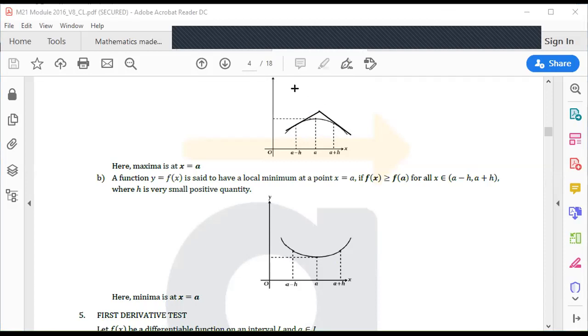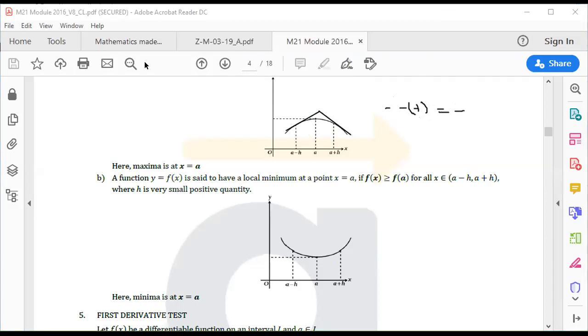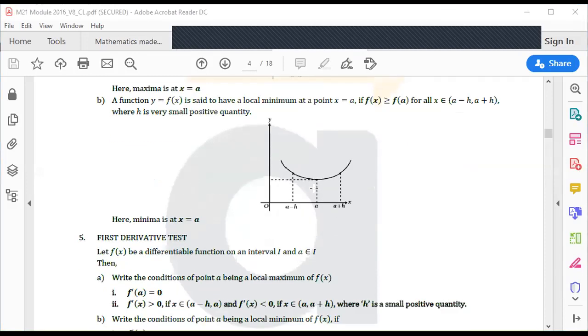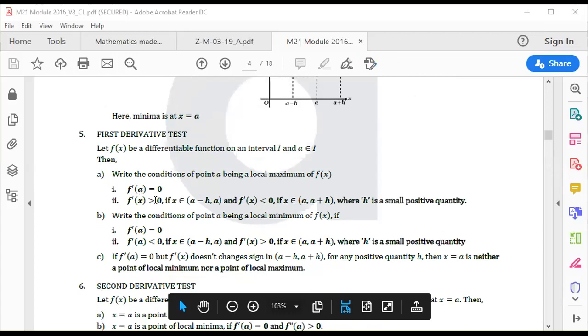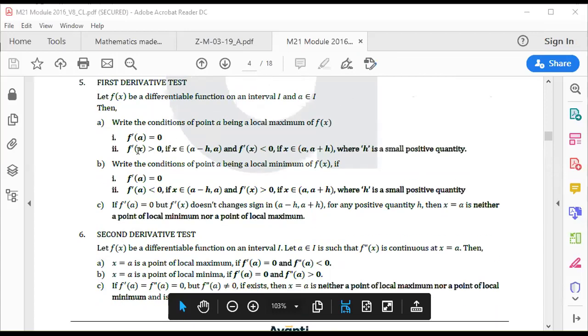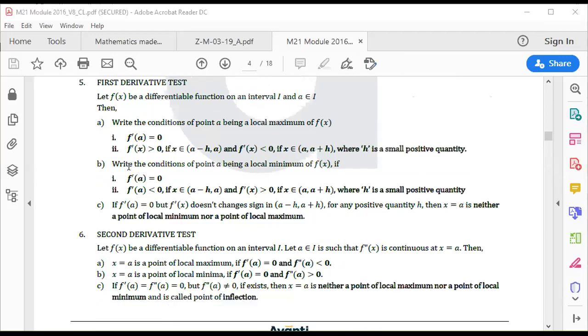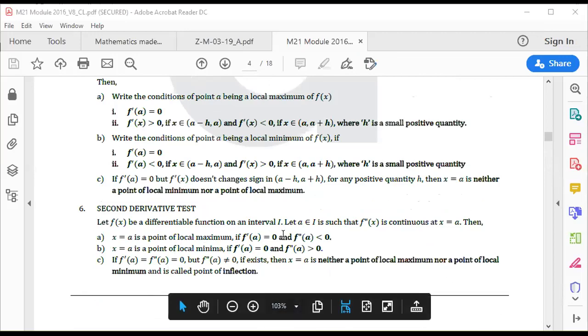So if you find this change, that is negative minus positive, isn't it? Its change will be negative minus positive, okay, which is going to give you negative. That is your second derivative test. So your first derivative is 0 here, and your second derivative will give a negative sign. The first derivative will change its sign from left hand side to right hand side. So definitely its second derivative will be negative for maximum, point of maxima, isn't it?